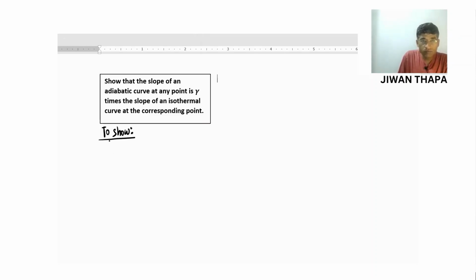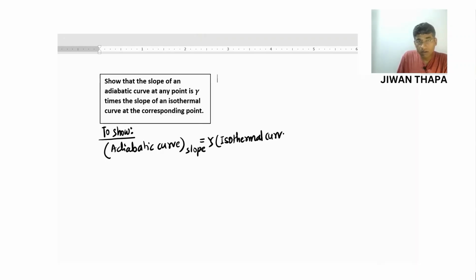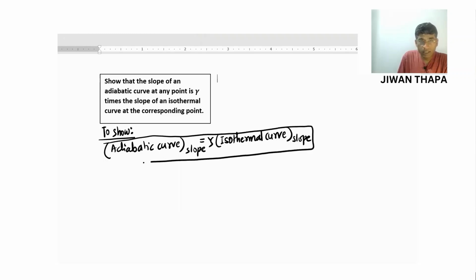To show: slope of adiabatic curve equals gamma times the slope of isothermal curve. So we have to show this. And in order to show this, we are going to use